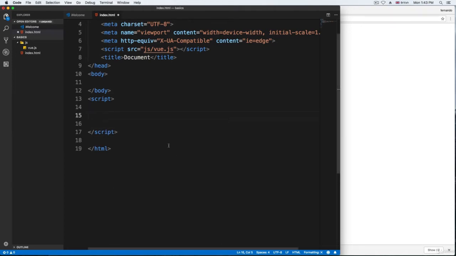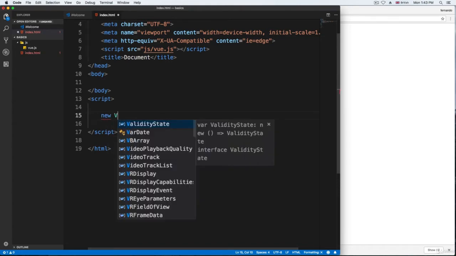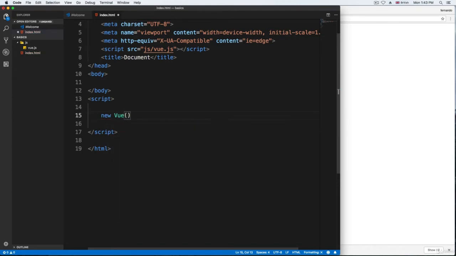So, to start a Vue instance, we need to say new Vue, open and close. Now, all the properties we're going to be using inside of this new Vue instance, it's an object. We just pass an object, so open and close curly braces. Now, inside of here, the first thing we need to do is to tell this Vue instance